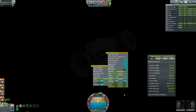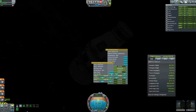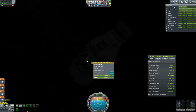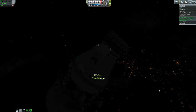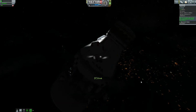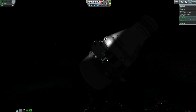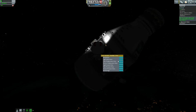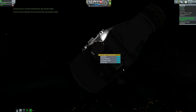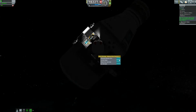I did correct it. I kept putting my own customized config files in, but the makers of Universal Storage have been nice enough to include that. Okay. TAC life support and Universal Storage are now using the generic resource converter, so it kind of converts between the two of them. It's kind of hands-off. I think the assumption they make for TAC life support to be compatible, which is mainly just oxygen,